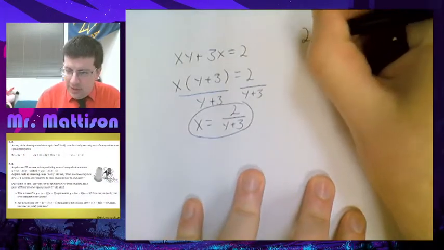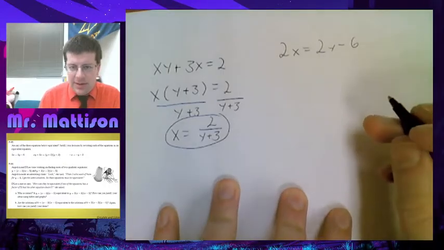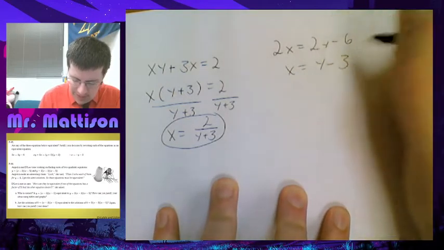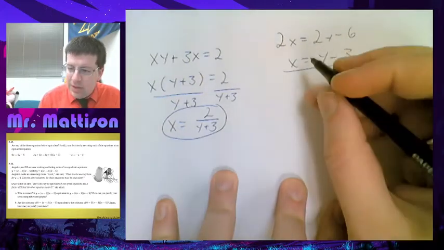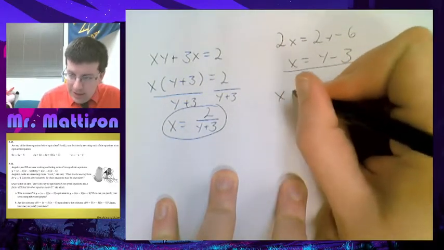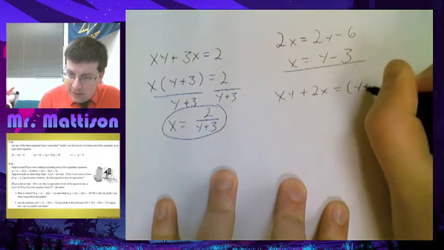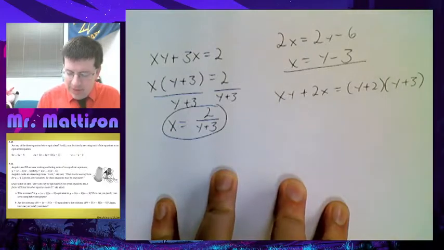our first one being 2x equals 2y minus 6. So I can divide everything by 2 and get x equals y minus 3. Okay, that's as simple as that one's going to get. My next one is xy plus 2x equals y plus 2 times y plus 3. So